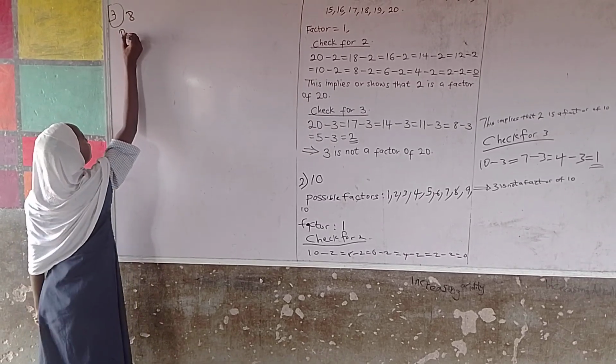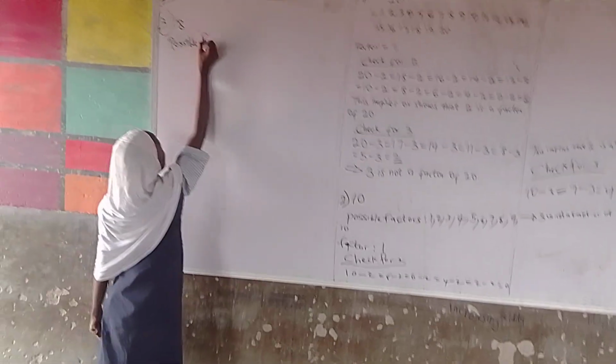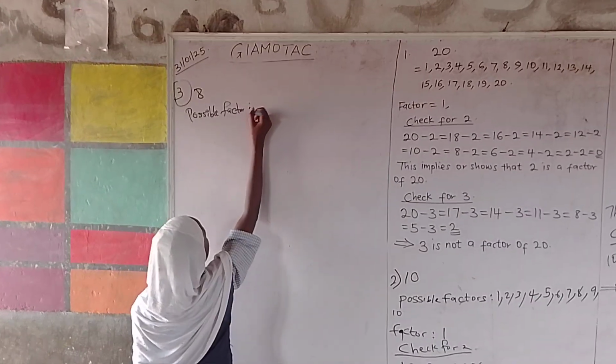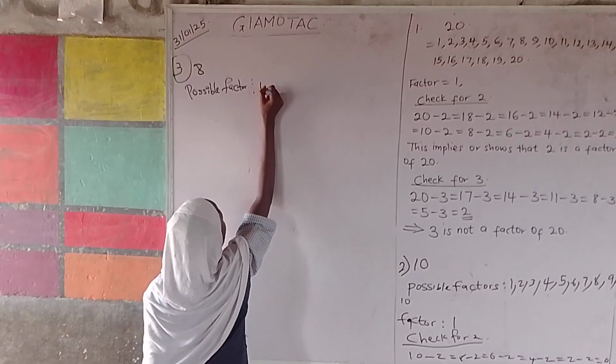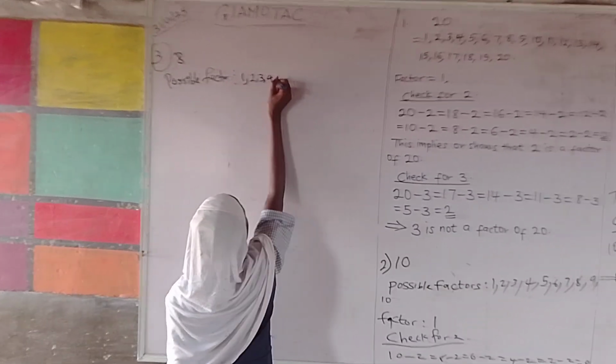The possible factors of 8 are 1, 2, 3, 4,